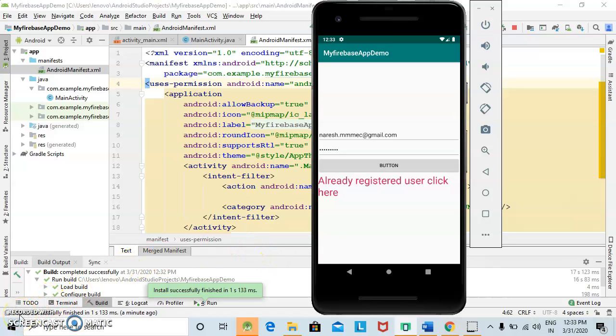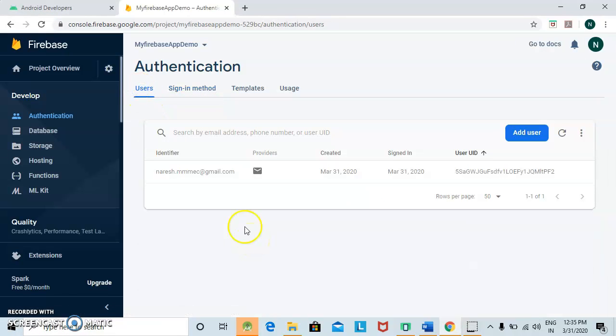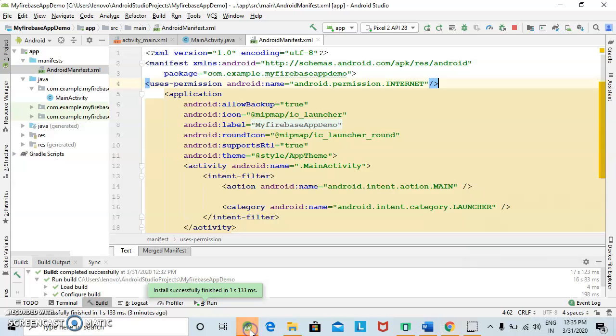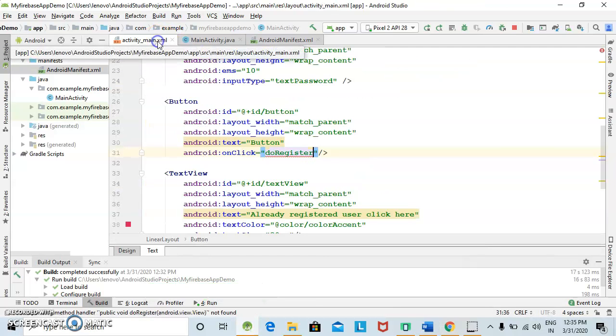Now go to the Firebase side to check whether the user has been registered or not. Inside Firebase we can check whether the user has registered. So click on the refresh button. At Users you can see the details. You can see we have registered with the help of this email ID. The password we cannot see for security purposes. So now you can see the registration part we have done successfully with the help of this code. You can register the users.